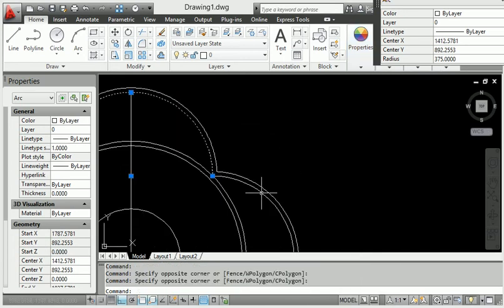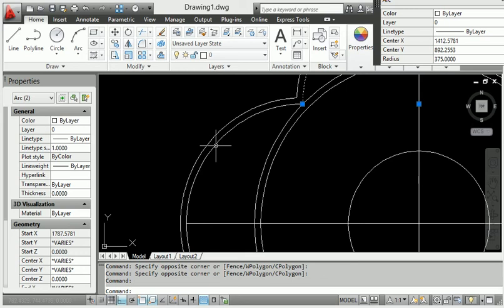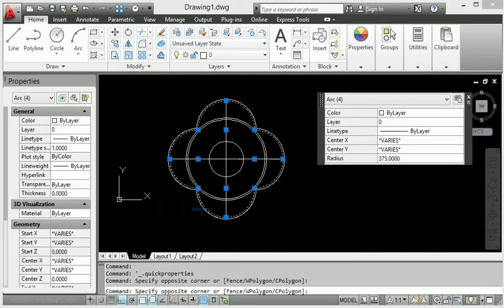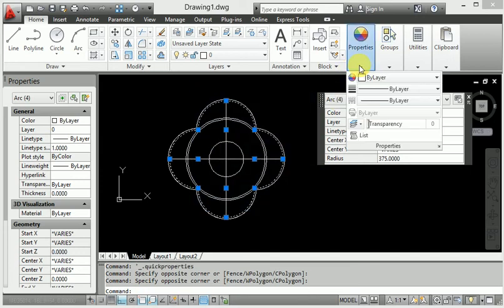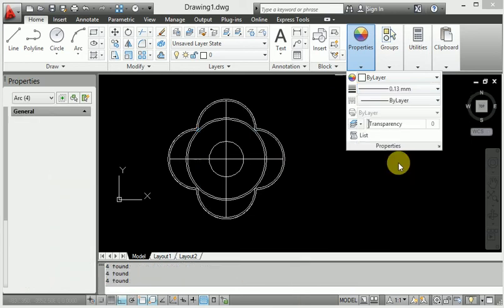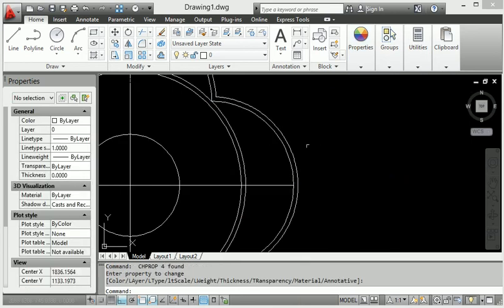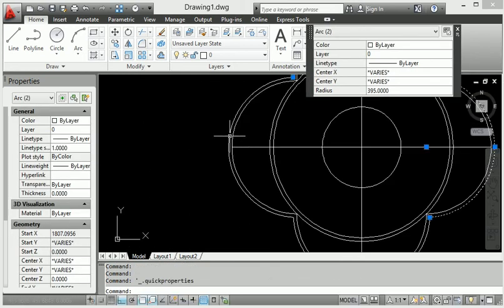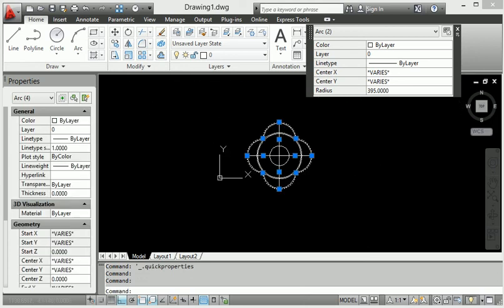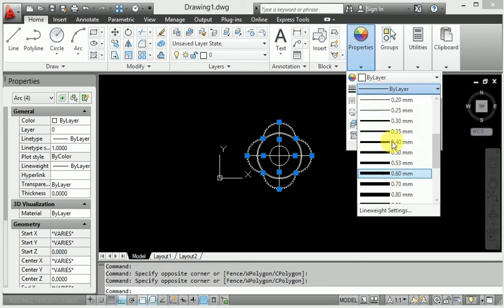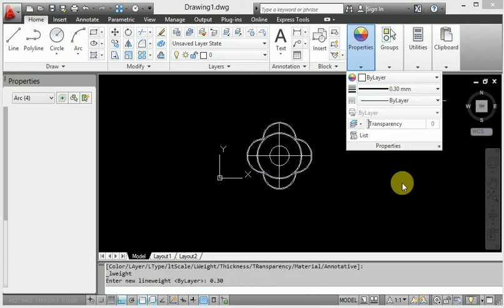So when I select all rectangles here, all circles here, this one and this one, and I go to select layer here, and this is the thickness. When I set the thickness 0.13, and also click here, this one is the boundary line. So when I provide the distance here, this one again I will provide the distance 30.